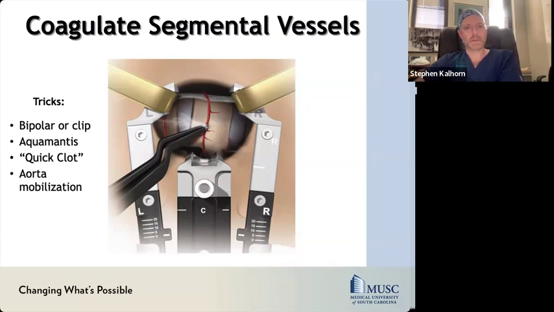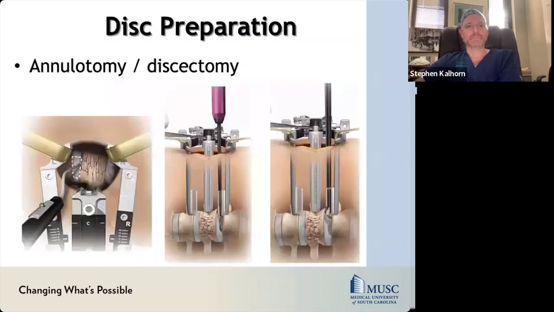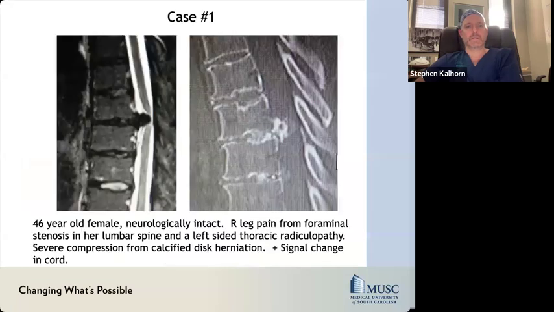But with Aquamantys nowadays and these other quick clot things that are available, it's really not that big of a concern. You do your annulotomy, your discectomy, and then you do your thoracic discectomy like we've shown. So a couple case examples,